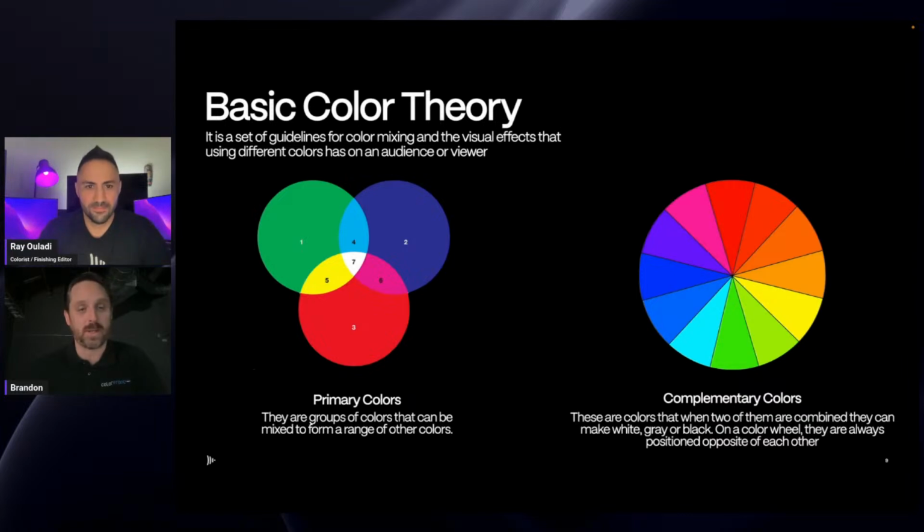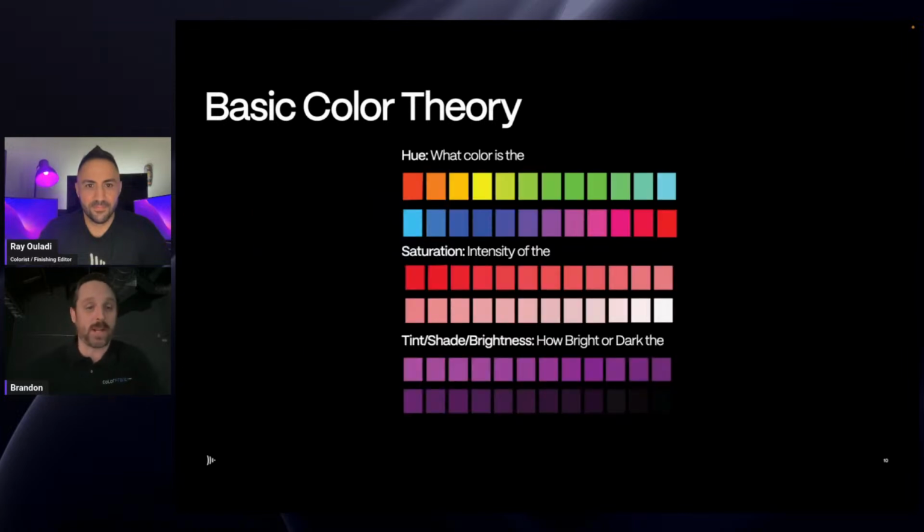So you've got the various schemes. If you pop to the next slide for me, there we go. I jumped ahead. I went to the schemes before other basic color theory. So you've got hue. This is what color is. As you can see, on the bottom right-hand corner, you've got a red, it goes over to purple and blue and greens and yellows. That's the hue. That's what the color actually is. Saturation is the intensity of the color. So that color that you see under saturation, it's the same color. It's just how intense the saturation is. Taking something fully colored and taking all the saturation out of it, you more or less get a black and white image because you've taken all the intensity of the colors out.